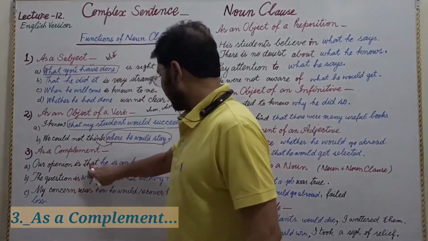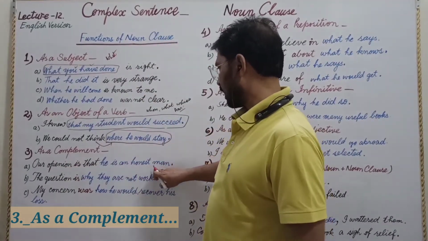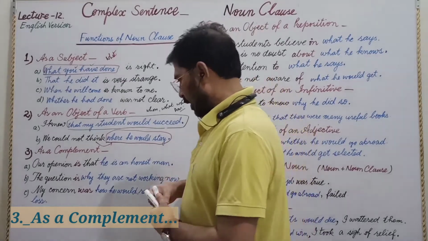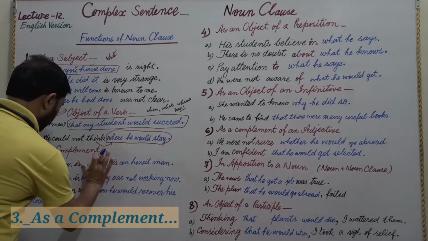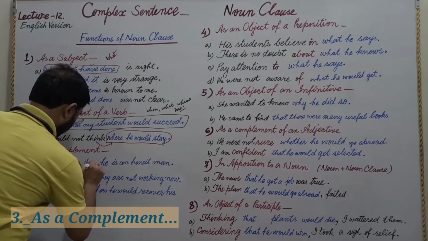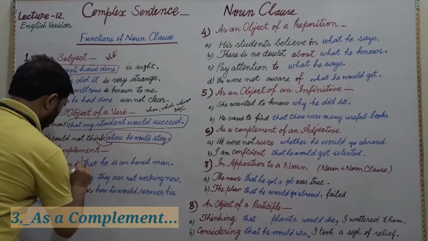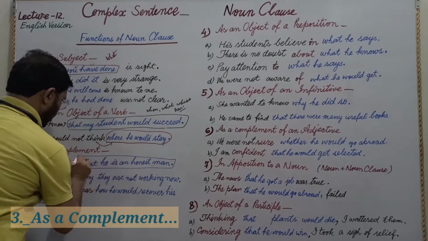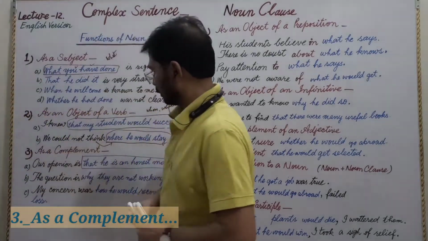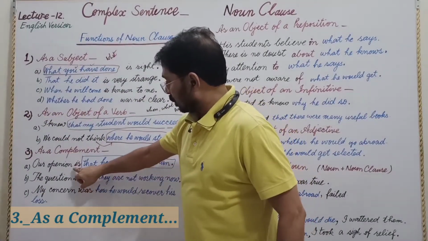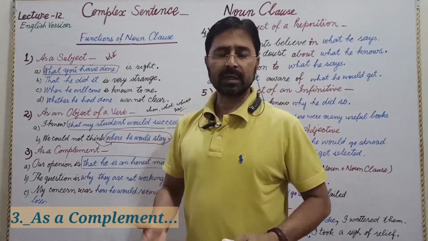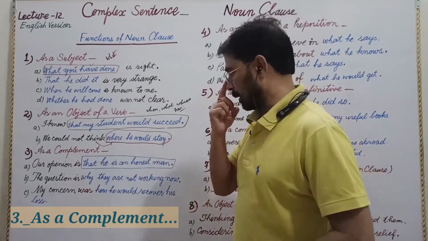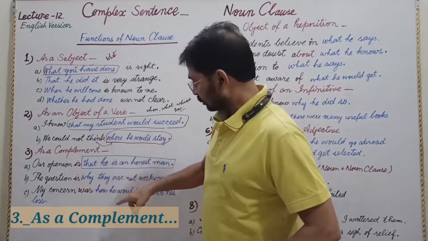In the same way, let's see what part completes the sentence. Our opinion is that he is an honest man. We can also write this in blue color because it is also part of this subordinate clause. This is a complement. And if some of the students don't know the difference between object and complement, please give attention here.